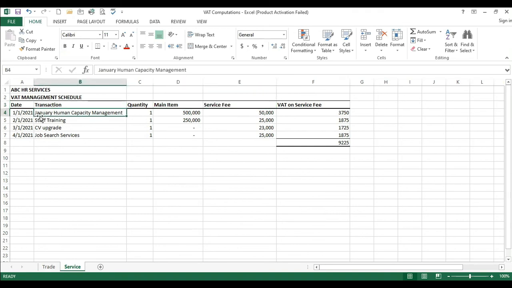So, for instance, this is ABC HR Services. They are into capacity building. That's human resources. So basically, this company that's into human resources, what are they doing? They are doing capacity building. So what they will do